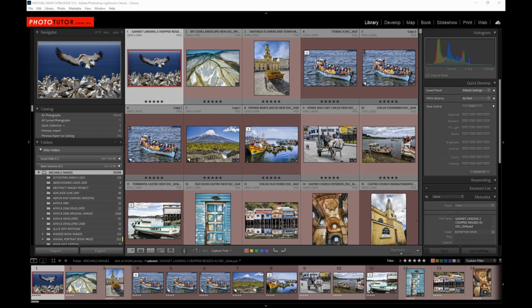So let me say from the outset that one of the key advantages of using a program like Lightroom is that it's almost infinitely customizable to suit the way that you want to work. But this almost infinite customization can lead to overcomplication and confusion. So in working through this, let's go through the simple steps that I use to set up and work with